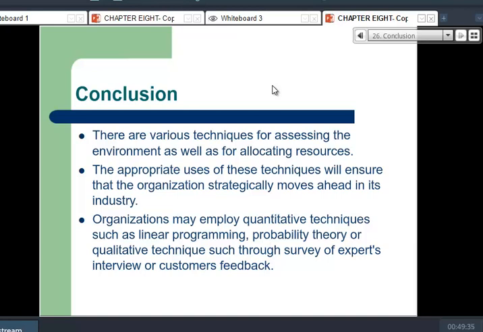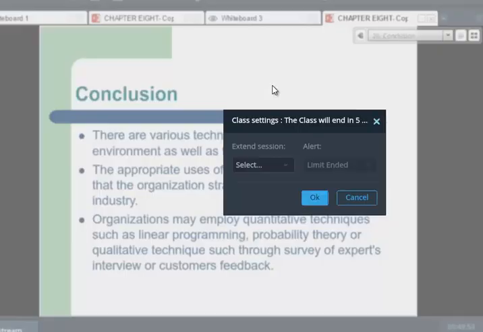As I have told you, the tool for the quantitative method is mainly the survey of experts. For the qualitative approach, we normally use interviews, observations, and